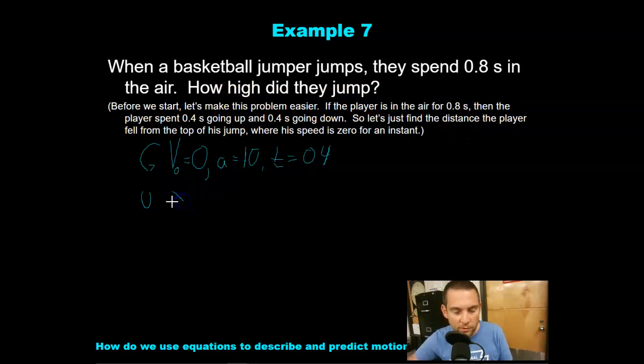So we are looking for our displacement. In this case, we're not using x, because we're not going along the x-axis. Now we're going in the vertical axis. So we could easily use y, and that would be perfectly acceptable. I don't know what this mark is there. Sorry. The equation that we can use, we have time, and we have x. So it would be